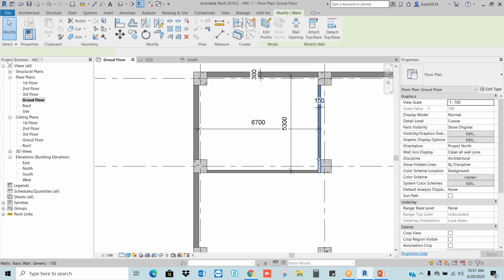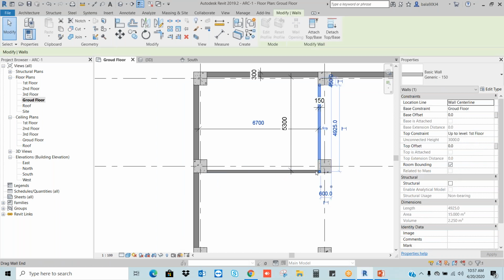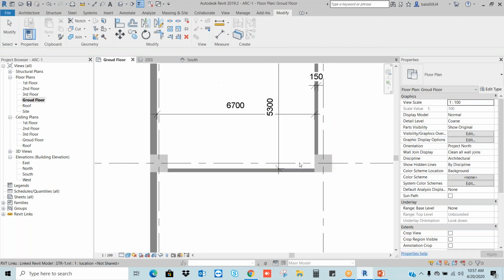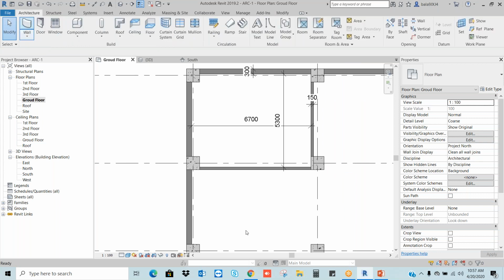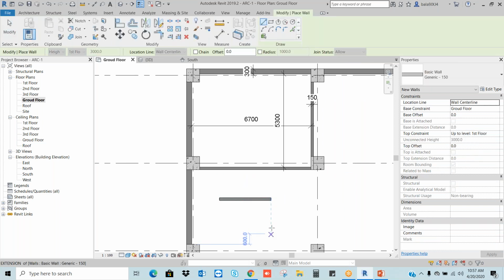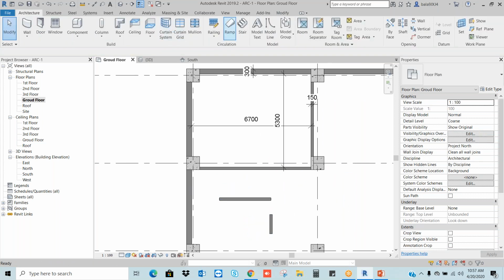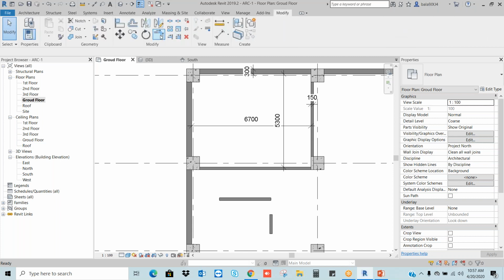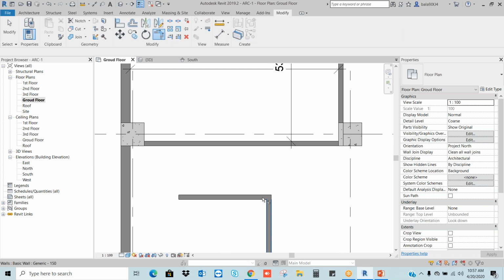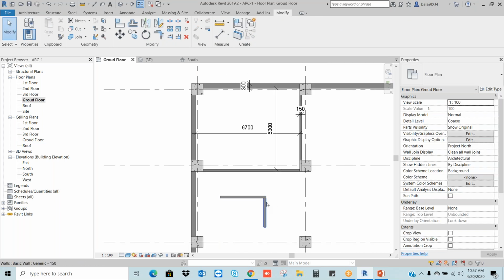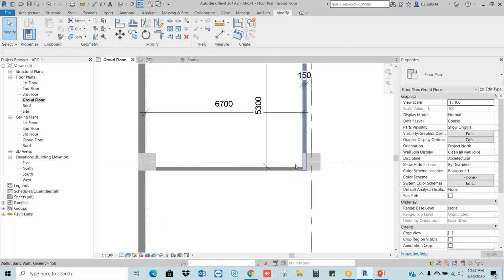Right? See, if you observe, the walls directly connect to each other. Let's say, for example, I'm going to draw one wall here. This is one wall. This is one wall. If I use the modify command, trim to corner, it will get connected directly. For example, you don't want to extend until this wall.